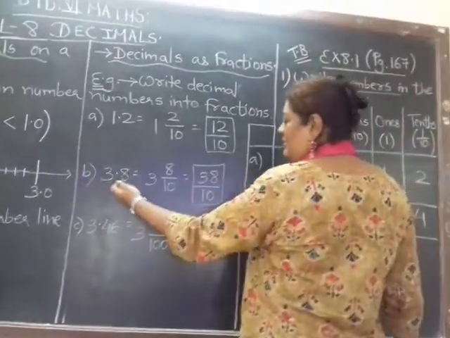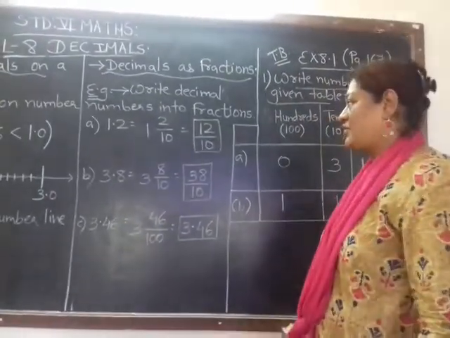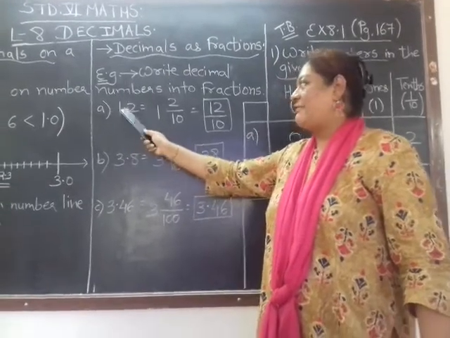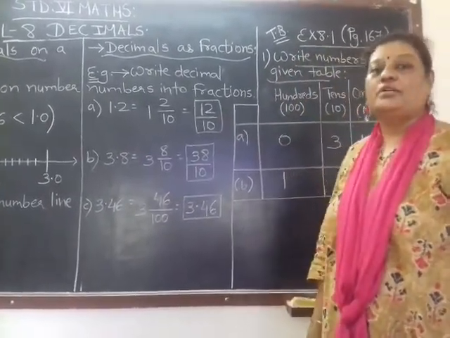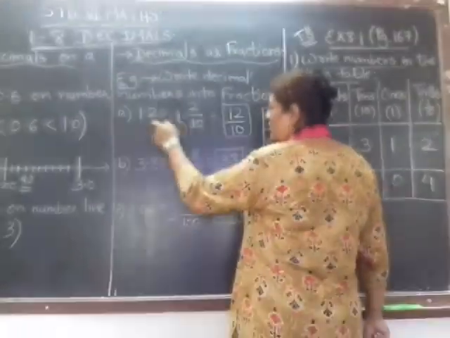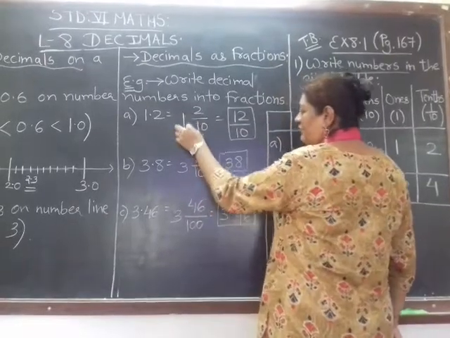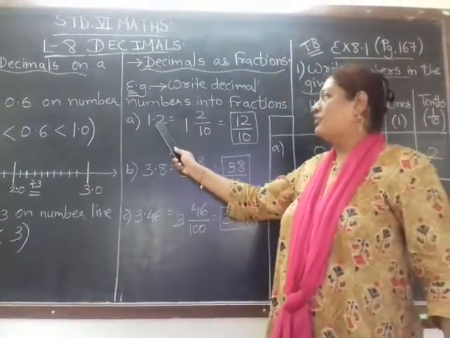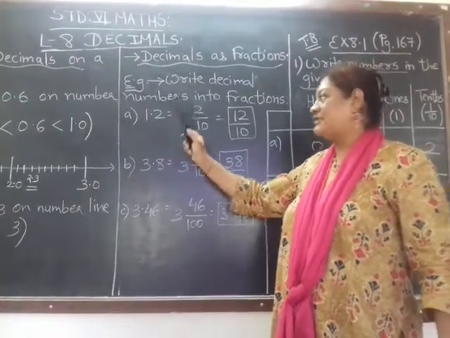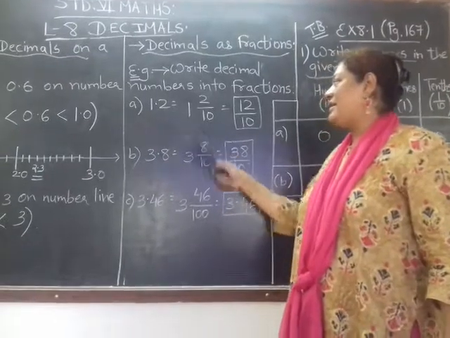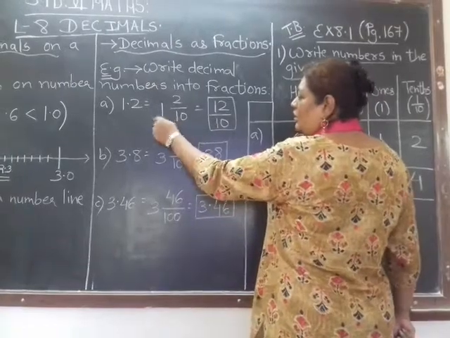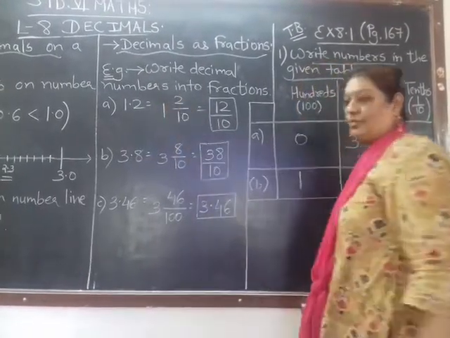Now these are the decimal numbers, you have to convert them into simple fractions. As I said earlier, before the decimal point is a whole number, and after the decimal will be a part of your fraction or decimal part. So 1 is a whole number, always written beside the fraction part. And 0.2 means after the point I have only one digit written, that is definitely 1 zero in 10, so 2 will be divided by 10. So either you can write 1 2 upon 10, or this whole number will combine with the numerator.